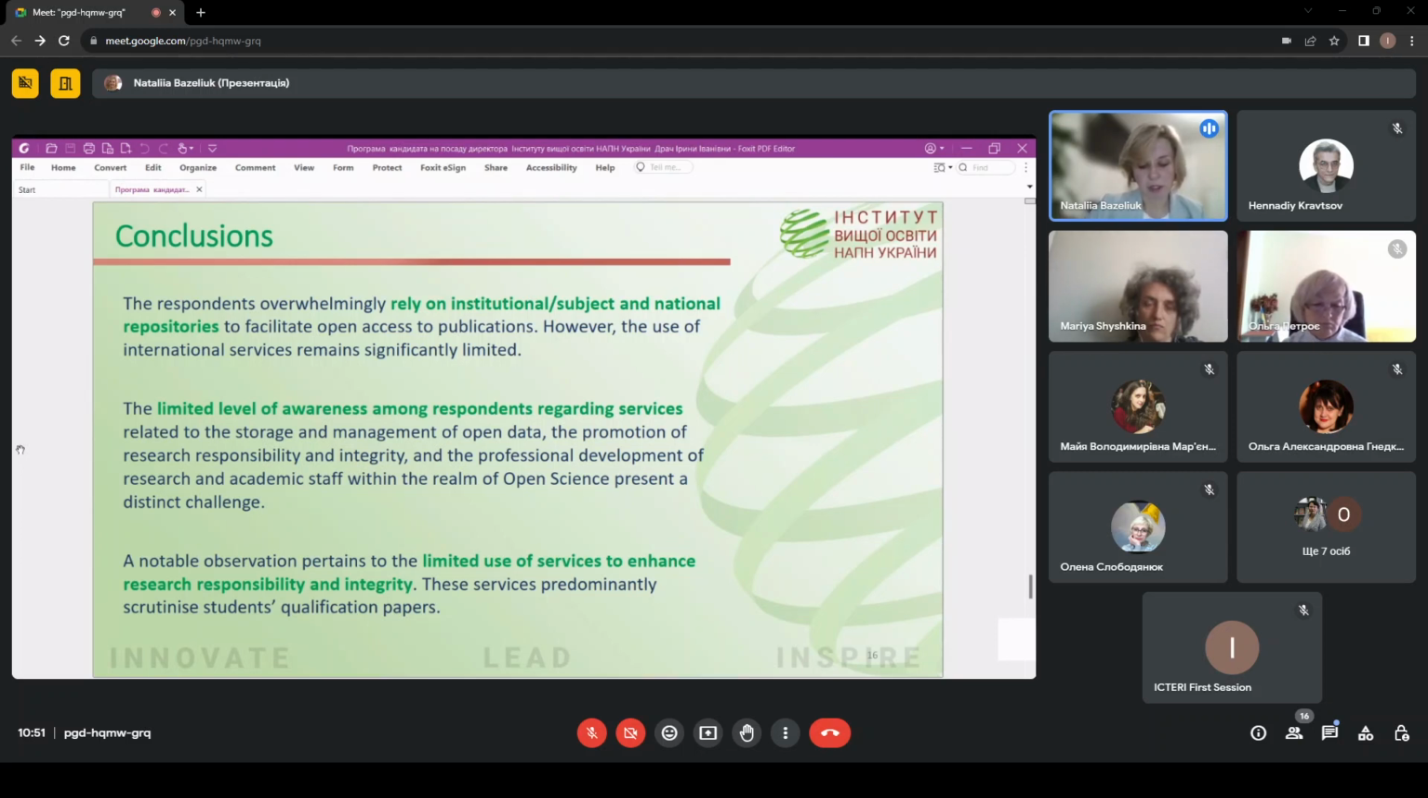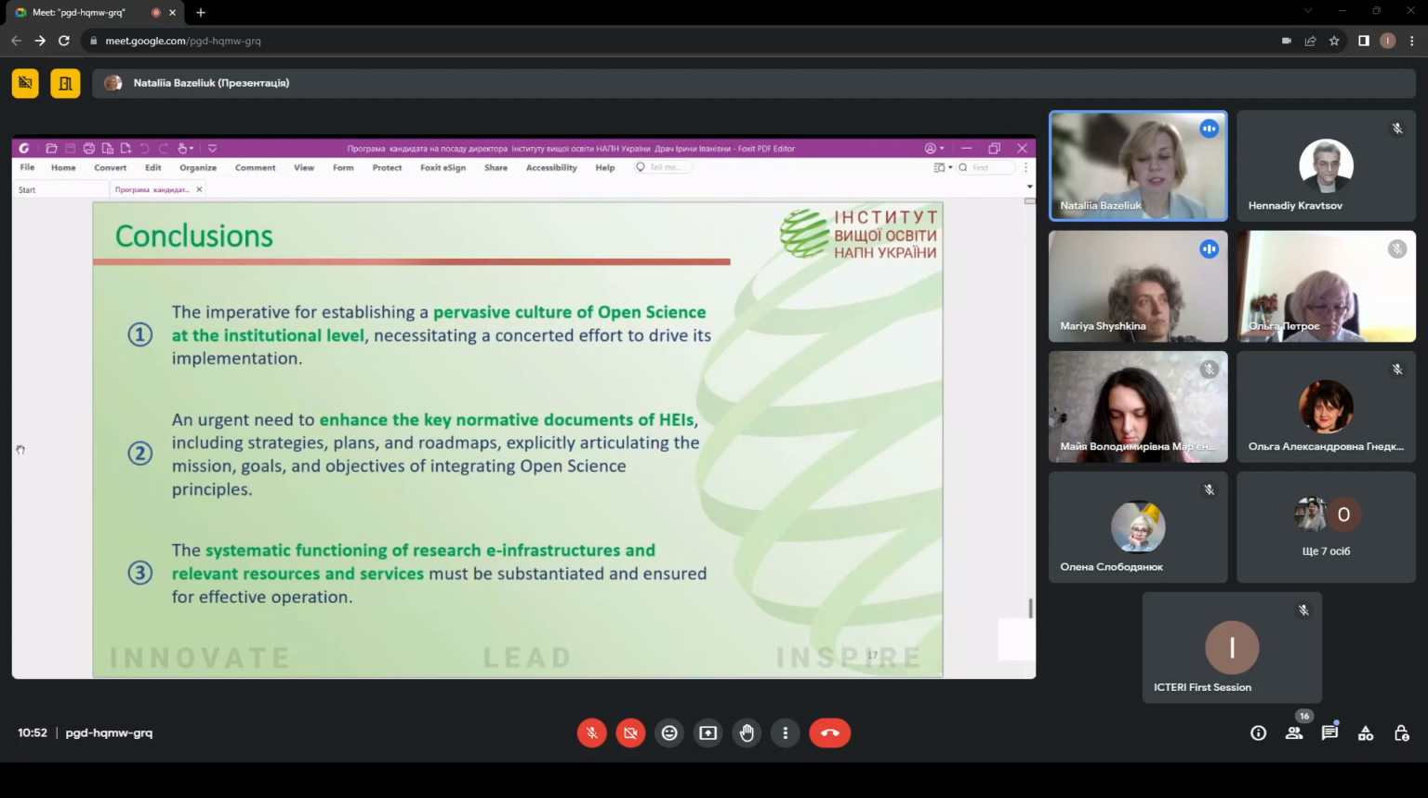The limited level of awareness among respondents regarding services related to the storage and management of open data, the promotion of research responsibility and integrity, and the professional development of research and academic staff presents a distinct challenge. There is a need for initiatives to enhance awareness and understanding among respondents of these crucial aspects of open science. A notable observation pertains to the limited use of services to enhance research responsibility and integrity. The results of our study